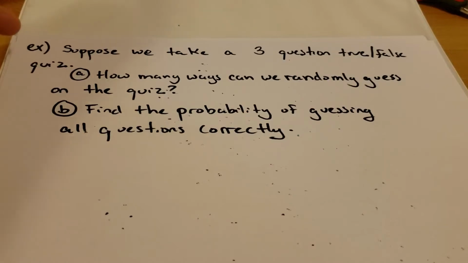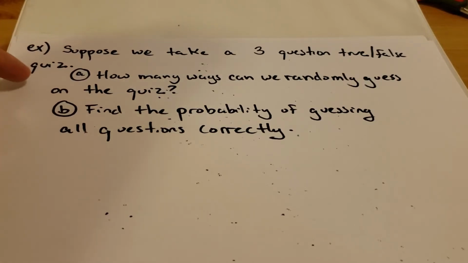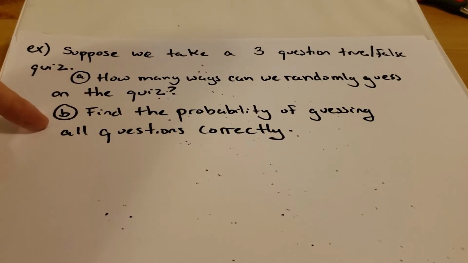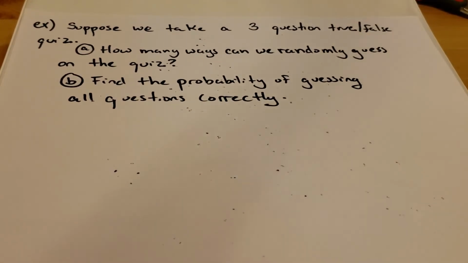So in this question, we're supposing that we're taking a 3-question true or false quiz. First, we're being asked how many ways can we randomly guess on the quiz. And then in part B, we're being asked to find the probability of guessing all questions correctly. I would say pause the video here, try and go through this question on your own, and then I'll walk